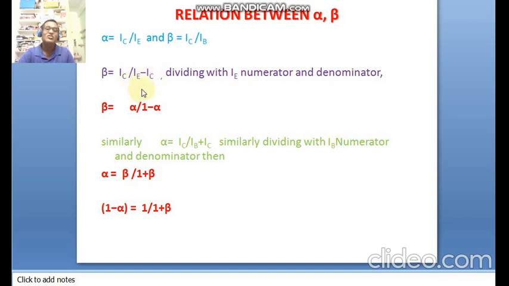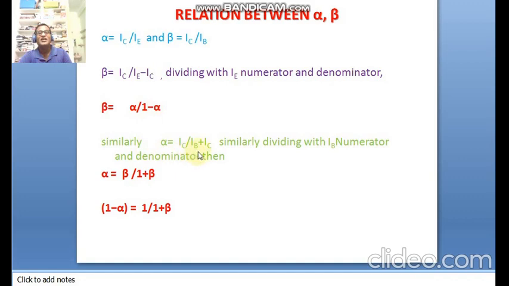Now I am dividing the numerator as well as the denominator with IE. So in the numerator I am getting IC by IE. In the denominator, IE by IE minus IC by IE. If we simplify, IC by IE in the numerator is equal to alpha. In the denominator, IE by IE is 1, and 1 minus IC by IE is again alpha. Therefore, beta is equal to